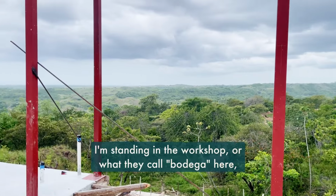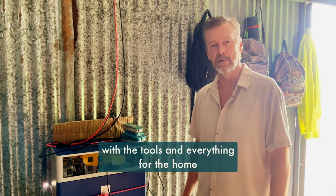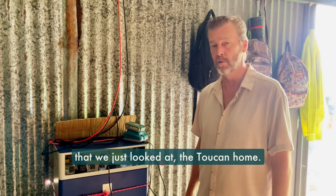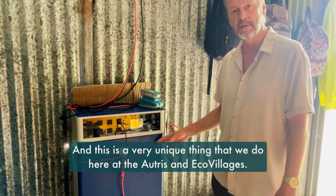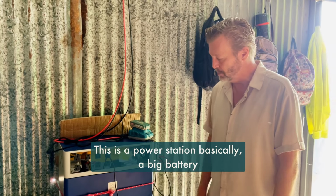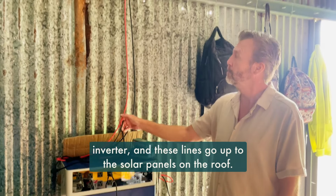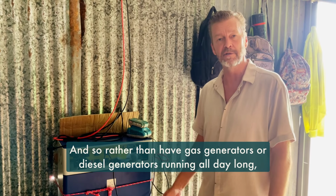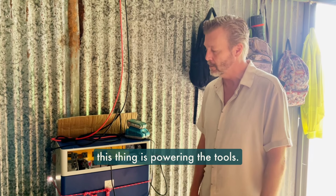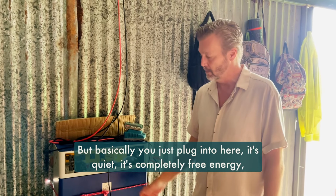I'm standing in the workshop, or what they call a bodega here, for the tools and everything for the home that we just looked at, the Toucan home. And this is a very unique thing that we do here with Veritas and Eco Villages. This is a power station, basically a big battery, inverter, and these lines go up to the solar panels on the roof. And so rather than have gas generators or diesel generators running all day long, this thing is powering the tools. You can see them charging some of their batteries for the tools now, but basically you just plug